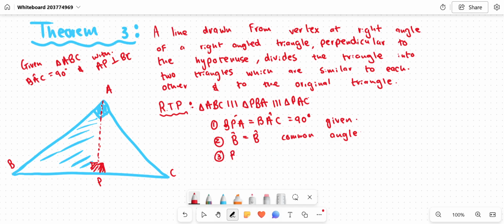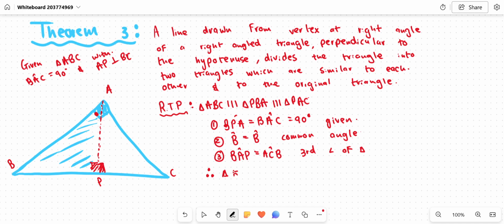It means angle BAP in the smaller triangle, the blue triangle, this angle right up there, is therefore going to be equal to angle C. Or rather, let me write it clearly, ACB. Why? Because this is the third angle of a triangle. So if those two angles are the same, the third angle would in fact also be the same. And therefore I can conclude that triangle ABC